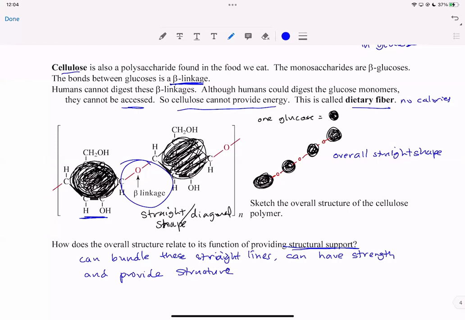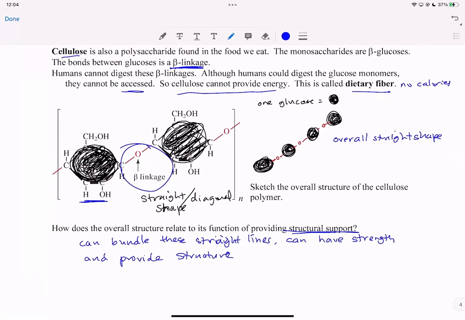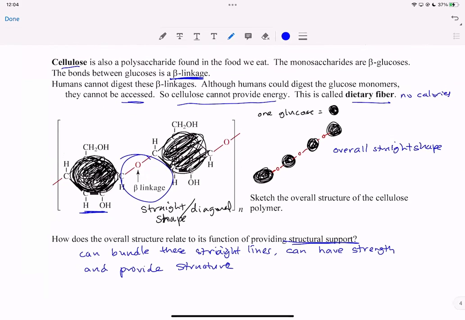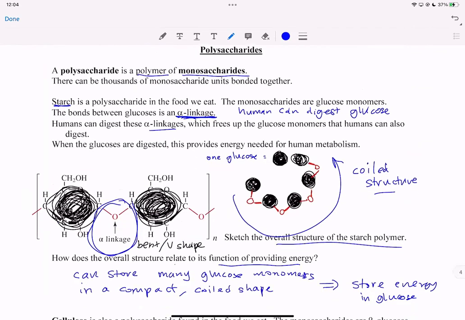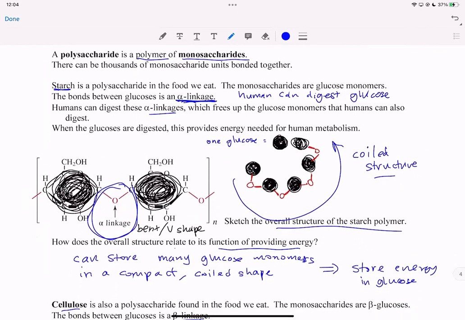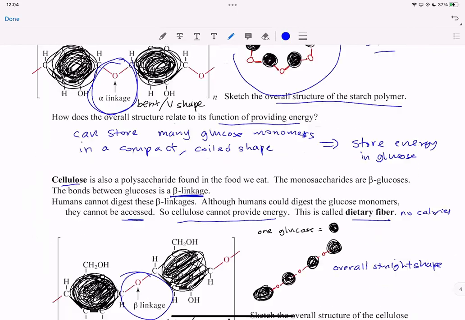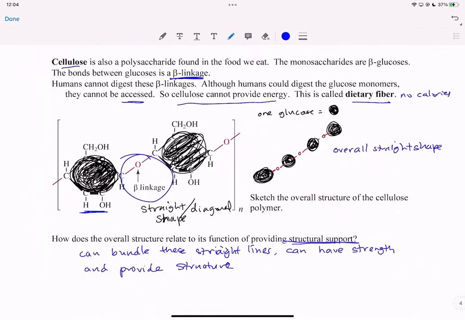Okay, and so this overall goal of plants is met so perfectly with just this one molecule of glucose. The difference is just how those glucoses are bonded, either the alpha linkage or the beta linkage. Okay, so let's